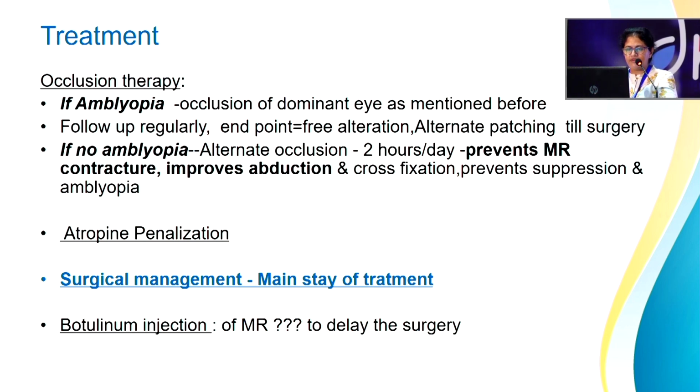Coming to the treatment, first of all, if there is amblyopia, treat that with occlusion treatment. The endpoint is free alternation. Even if there is no amblyopia, we can do an alternate occlusion 2 hours per day to prevent MR contracture and improve the abduction. The mainstay of the treatment is surgery. You can try a botulinum injection to the MR to delay the surgery if you can't do the surgery